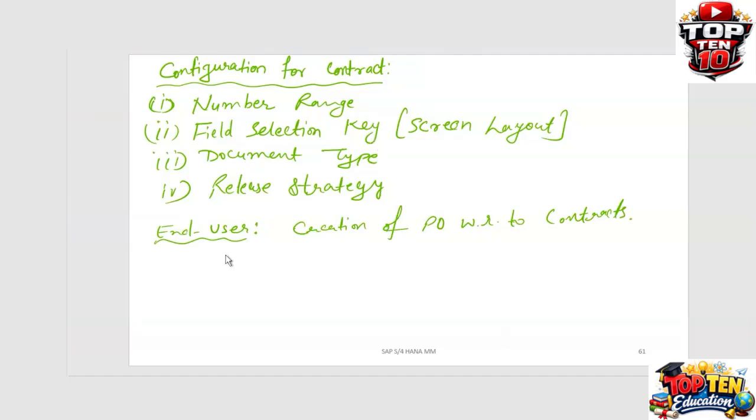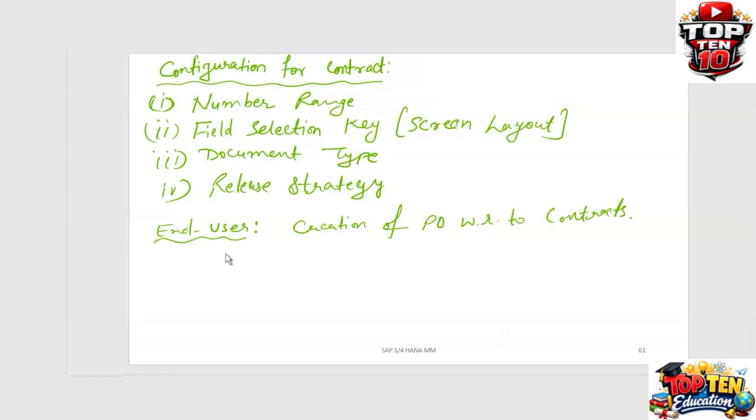So on the HANA side, run SPRO, IMG, materials management, purchasing, then contract.